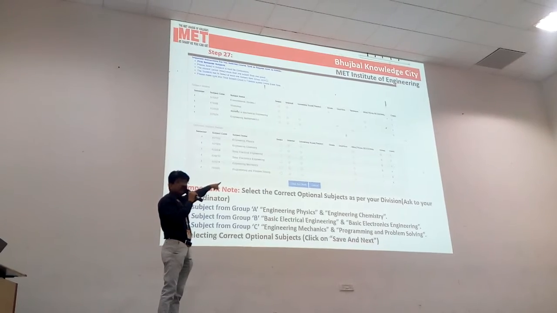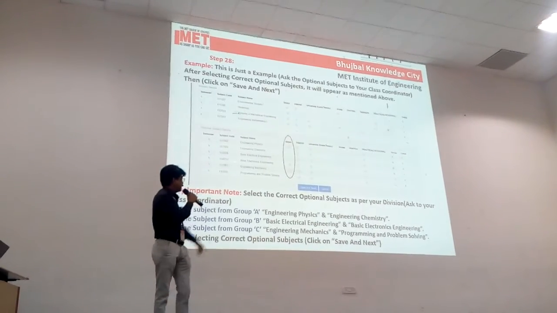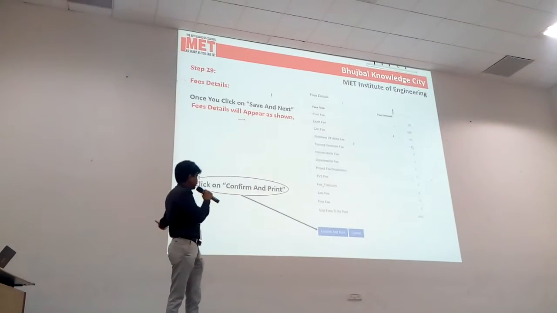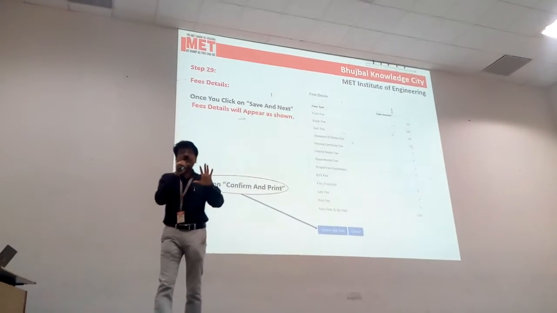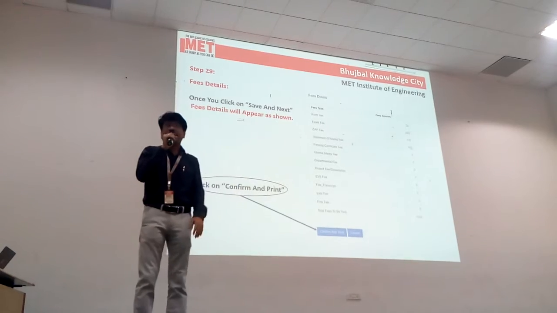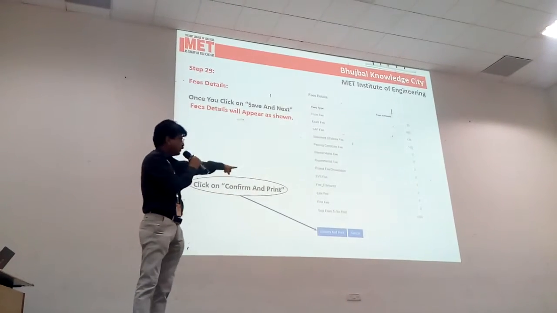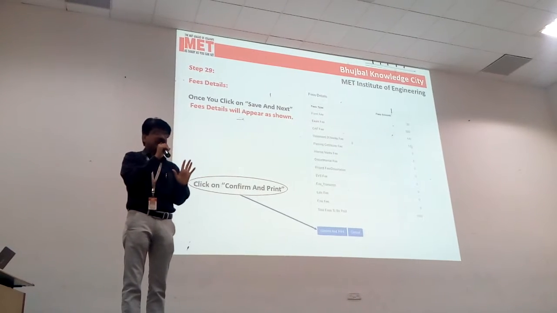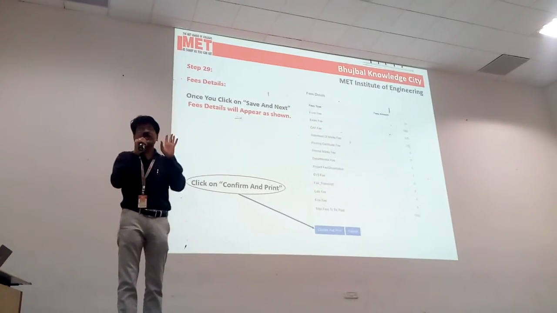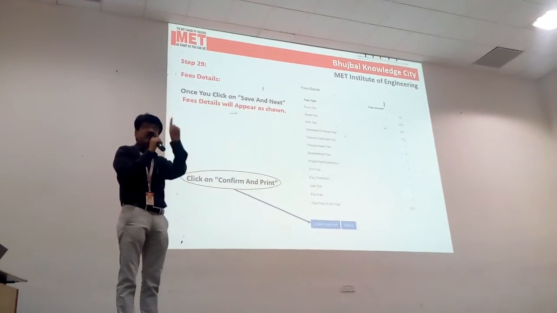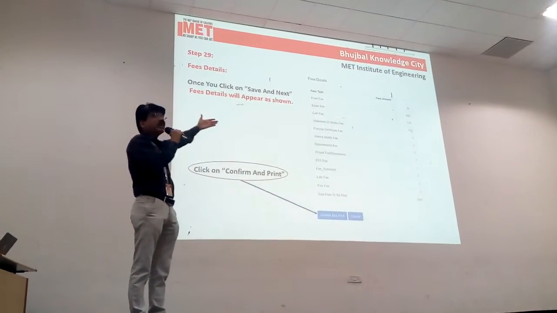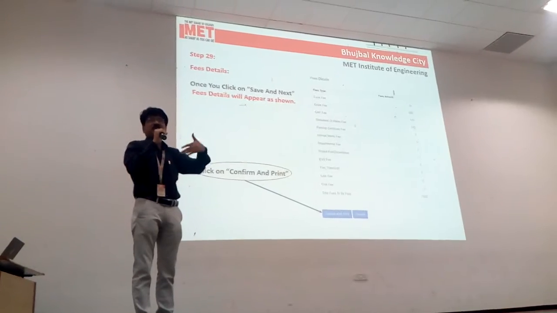Once you select this, then it will appear like this. You have to check this box. And then once you complete this, your fees detail will come. This fees detail total of 1000 rupees should come. If it is bifurcated like this, then immediately you should contact your exam section or class coordinator. But 1000 rupees is the fee for first year, and it is divided into different heads, like checking of evaluation and all.